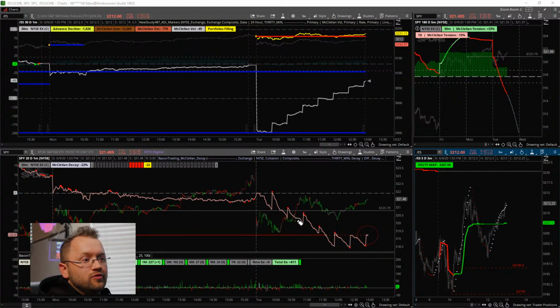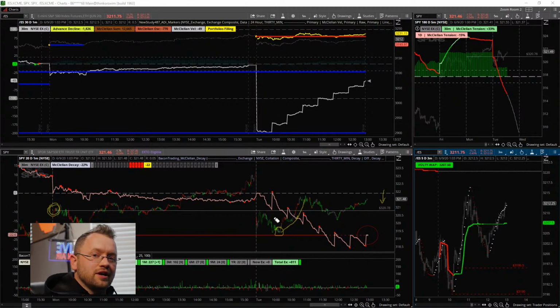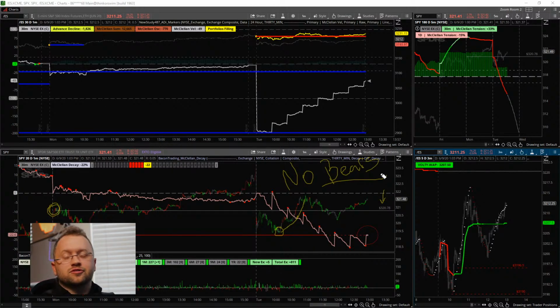So we moved up here right out of this. This was the decay retest, so that's where we're at. This line here is the bears' position from yesterday that I think is significant right now. We have exactly no bears. I suppose grammatically it should be 0 bears, but we have no bears. I do not see any anywhere.